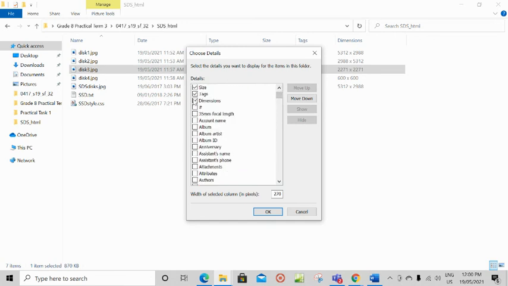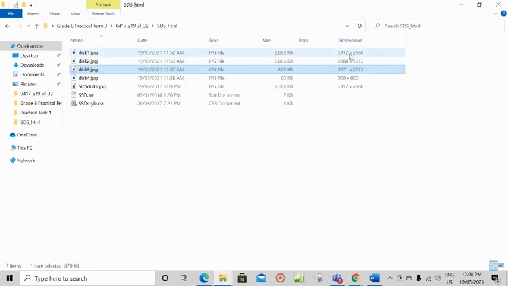Yeah, this is dimensions. It's already ticked. Then click OK. So then you will be able to see dimensions here.